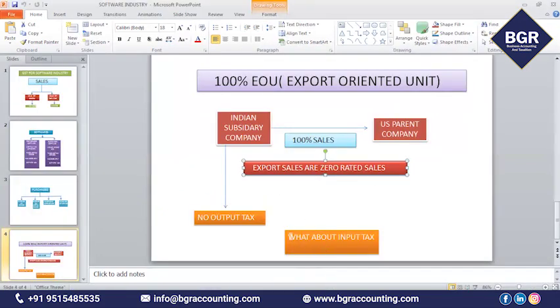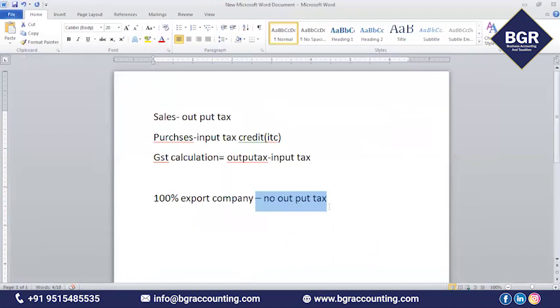Getting the point? Then what about input tax? They are 100% exporting goods or services, and on exports GST is not applicable, so there is no output tax for your company. Now the question is whether you can take input tax on your purchases or not.